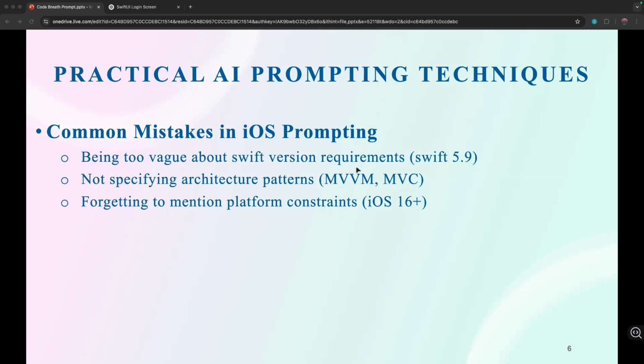Also, it doesn't follow MVVM, as we see in the example. And we have to mention which deployment target to get the best result. Is there any other stuff that you have faced recently when using LLM models?